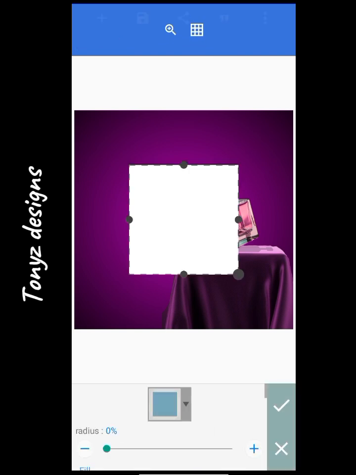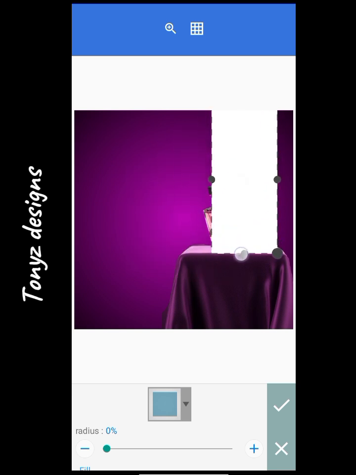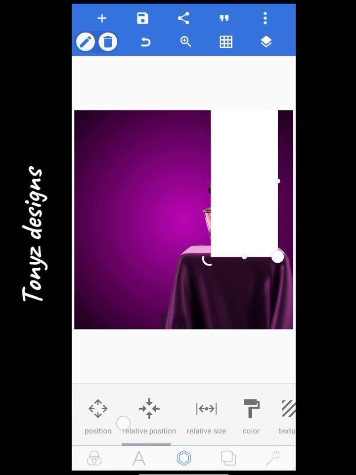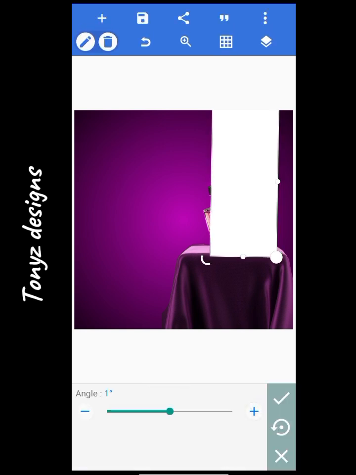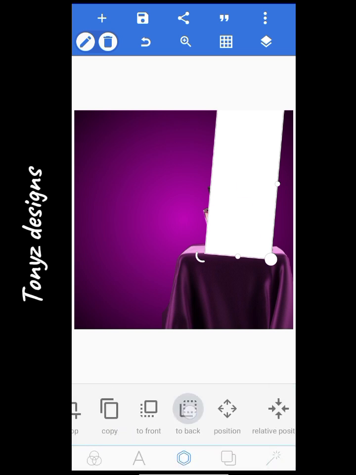So we'll head over to our shape and we'll be making use of this square shape. We'll just go ahead to reduce this and just increase this until it reaches here. Okay, so once we've done this, we'll go over to rotate and we'll be rotating this to 5. We'll be setting the angle as 5 degrees. Okay, and we'll just leave it here, and after that we'll be sending this to back, and we've achieved something